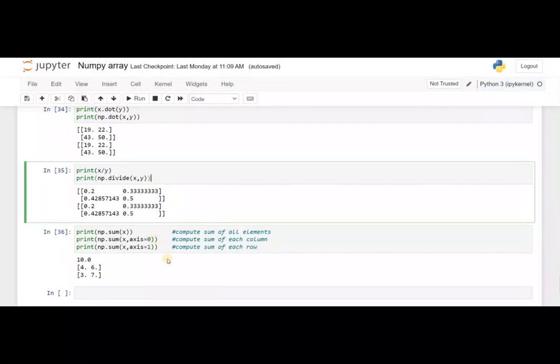In the last part you can see these three commands that I have tried, which basically, first, are used to compute the sum of all the elements. Second, it will compute the sum of each column, and the last one is the sum of each row. It will show you